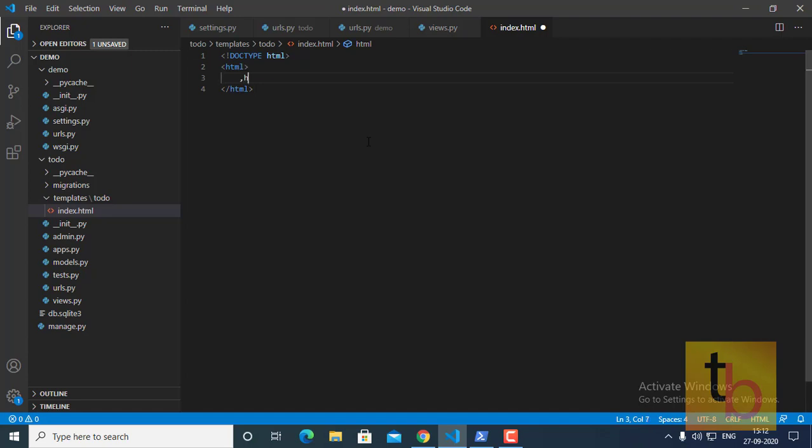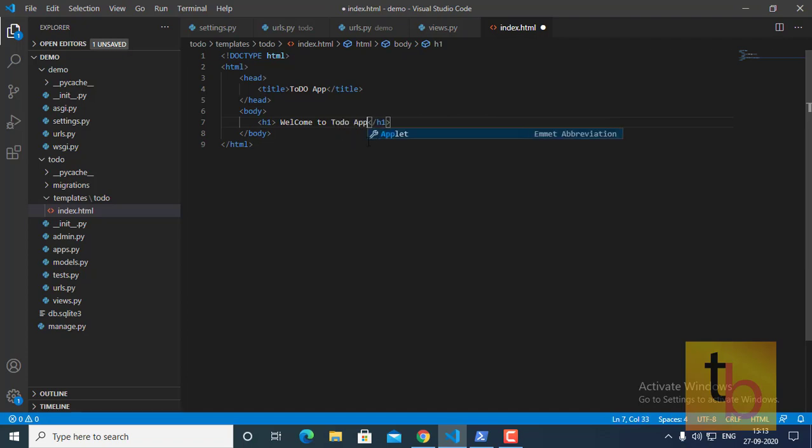So let's create one. I have created one HTML file with a head section and a body section.